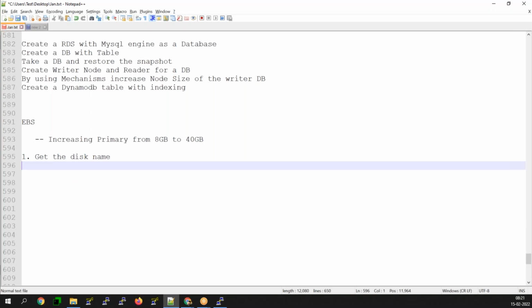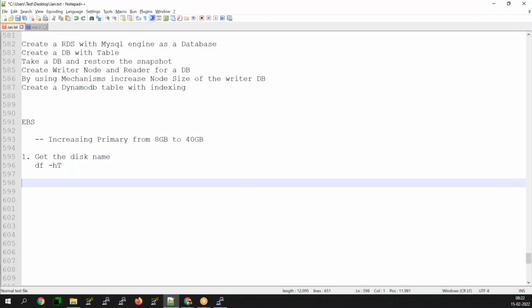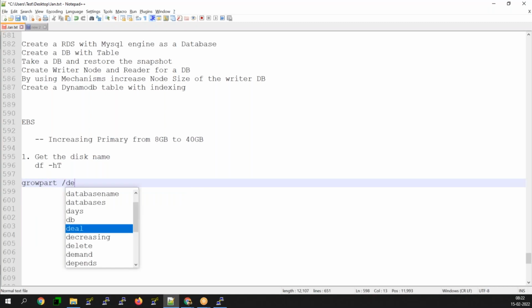Get the disk name here by using the command df -h capital T. Later, what you guys need to do? You need to use the command grow path /dev/xvda1